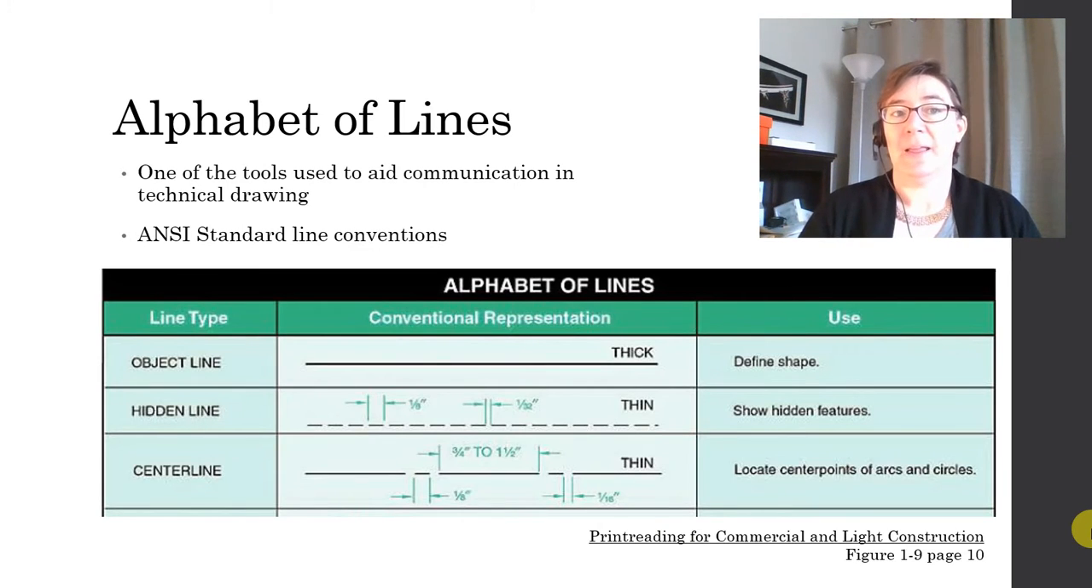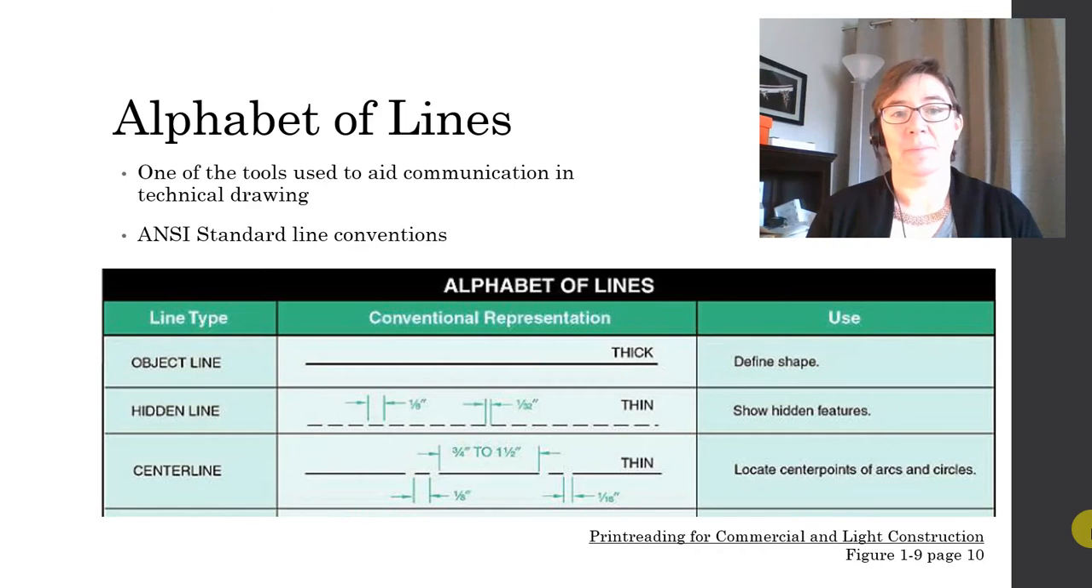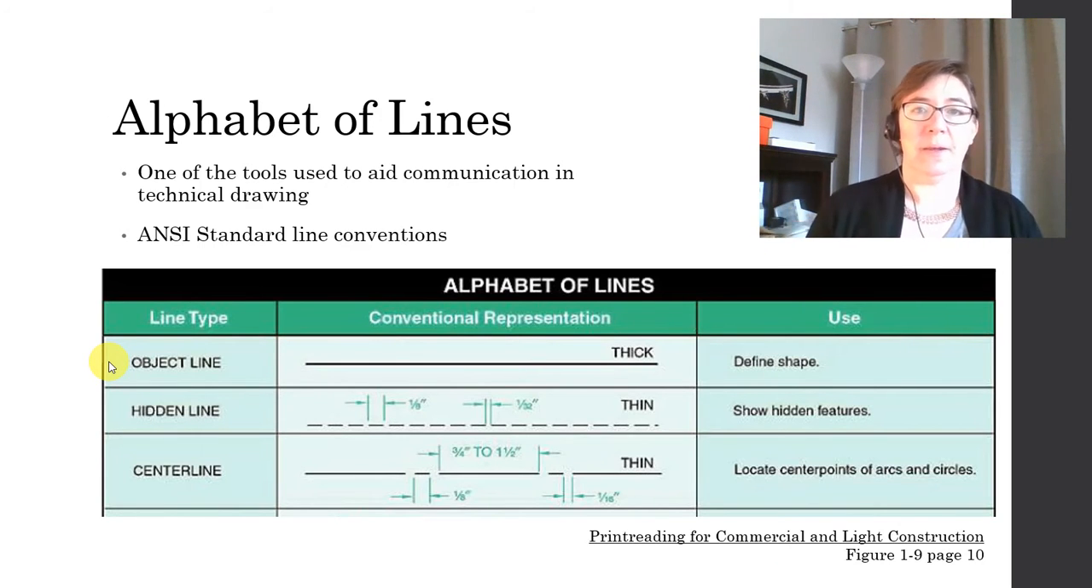The alphabet of lines is one of the standard tools that you use to help communicate your design ideas through a technical drawing. There are some standard line types, and we're about to go over them. So the first one is an object line, right here. And it is just simply a solid line of a medium thickness, and it's used to define the shape of